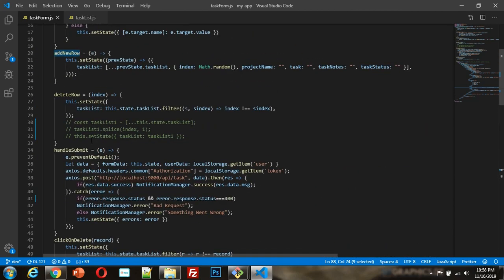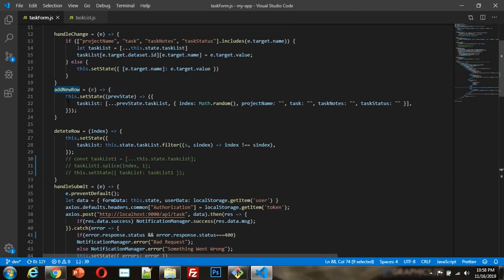Now you can see addNewRow. How does addNewRow work? In the state we are writing an arrow function. What the arrow function does is take the previous state, and I use a spread operator.